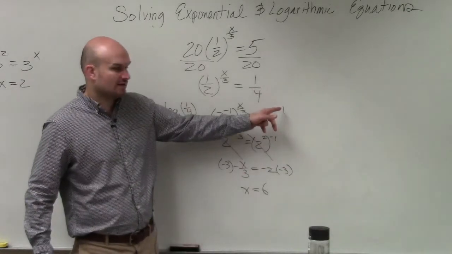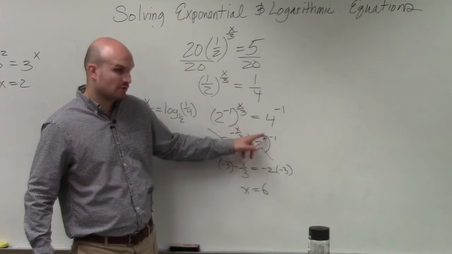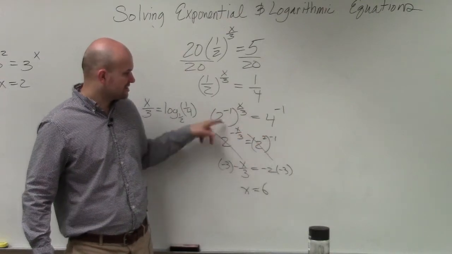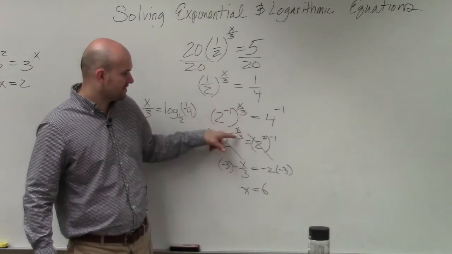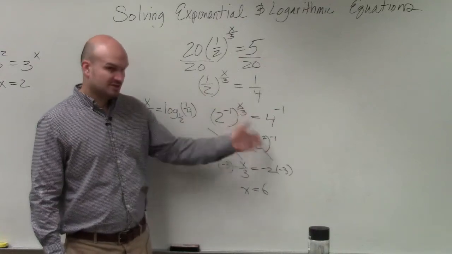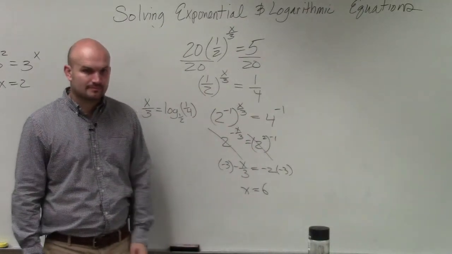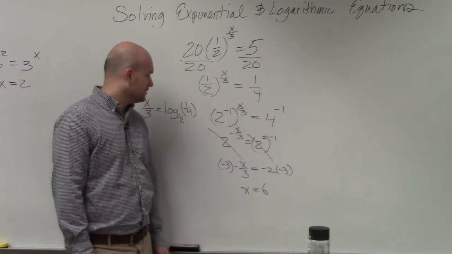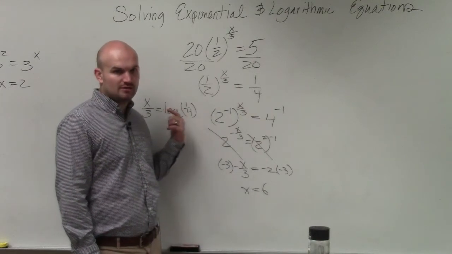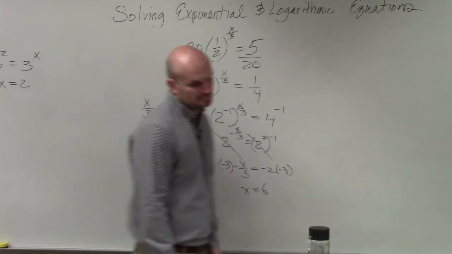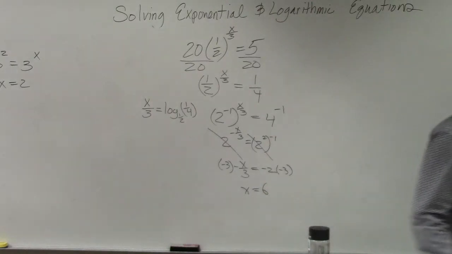This is raised to negative 1, but then I had to rewrite 4 as 2 squared. So then those two multiply, just like how I had to multiply negative 1 times x over 3 gave me negative x over 3. Then the 2's, we just multiply them. I was just showing you that's another way. But that's what I'm going to do in the next problem, is showing you guys you can